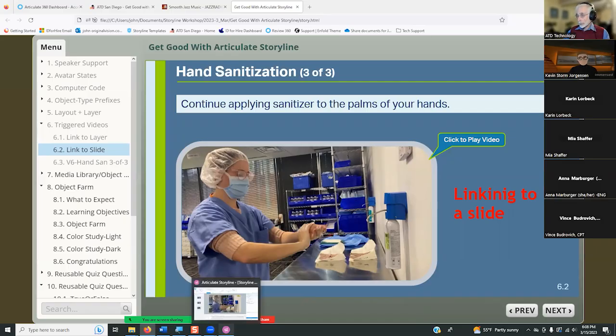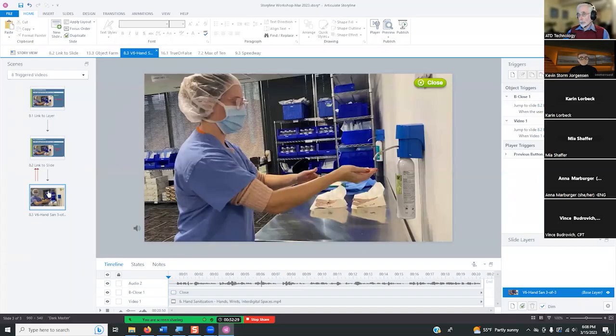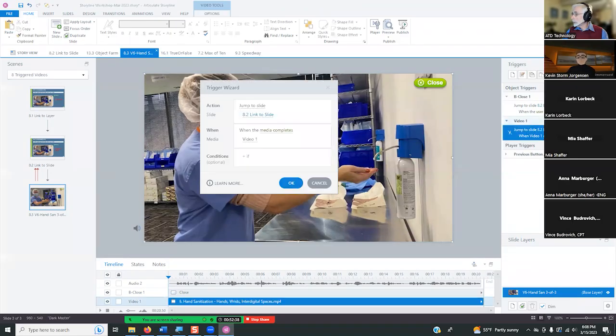So let's go under the hood and see what the heck is going on here. Okay, here on the slide, this should work. Here's the trigger: jump to the static slide when the media completes, the media being video 1.